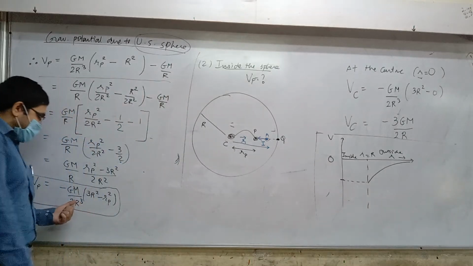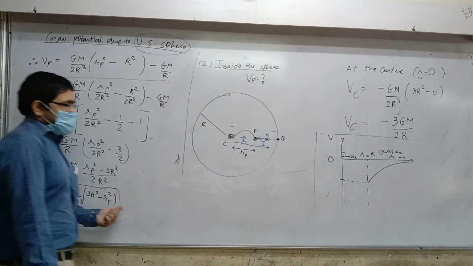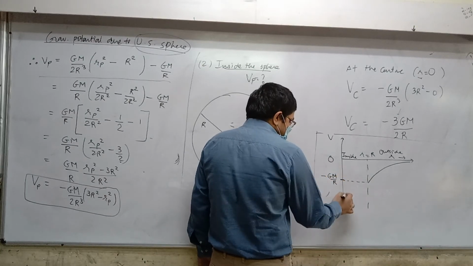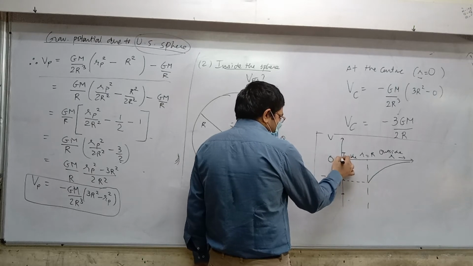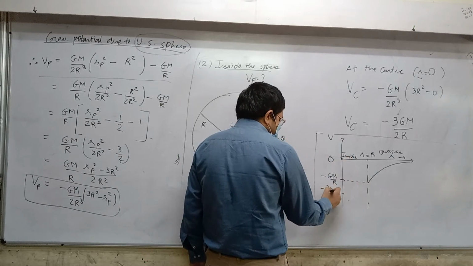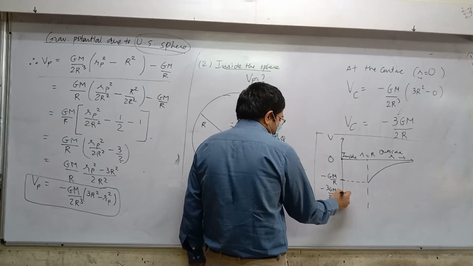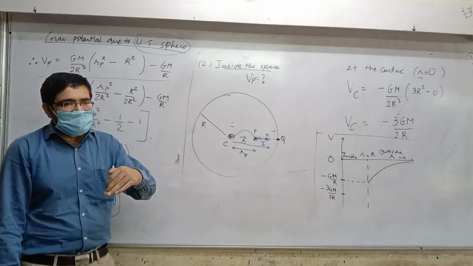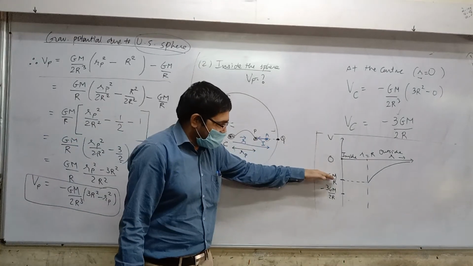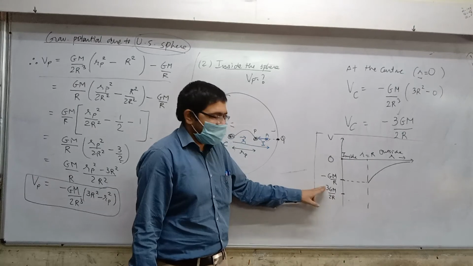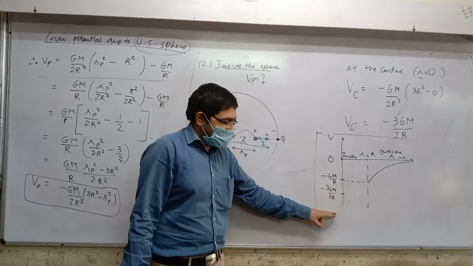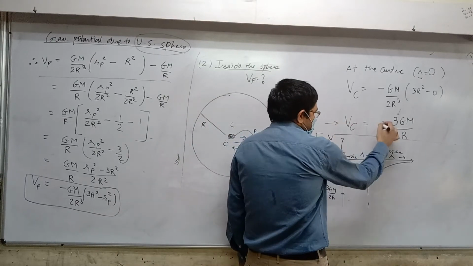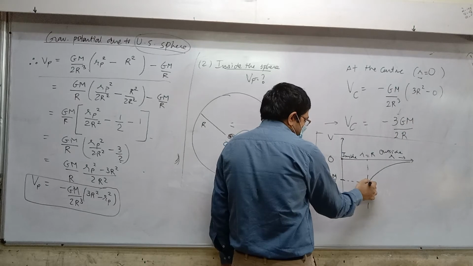Well, inside the formula is completely different. For example, if this line is for minus GM by r, at the center when you start at r equal to 0, the value is minus 3GM by 2. I hope you realize what? Negative values go down. Clear or not clear? 0, minus 1, then minus 2 will come, but this is 1.5, so it is between minus 1 and minus 2. So at the center it starts from this value, minus 3GM by 2, and then it will reach this point.